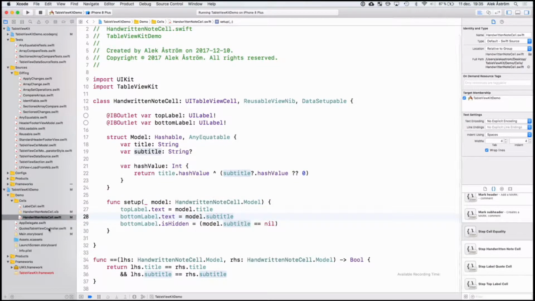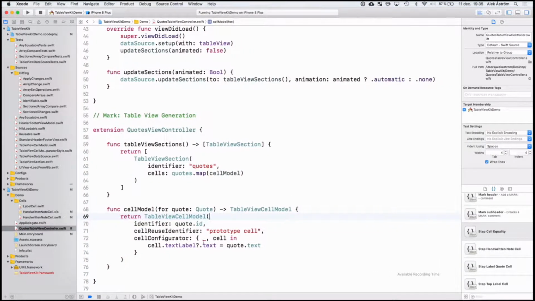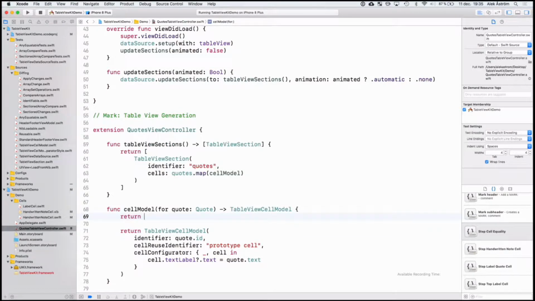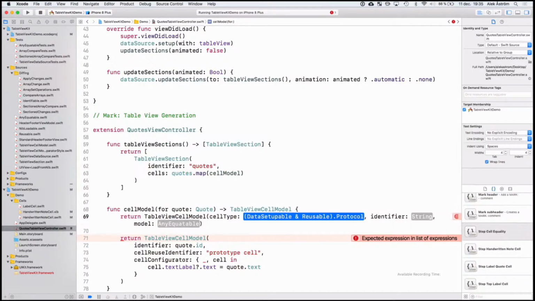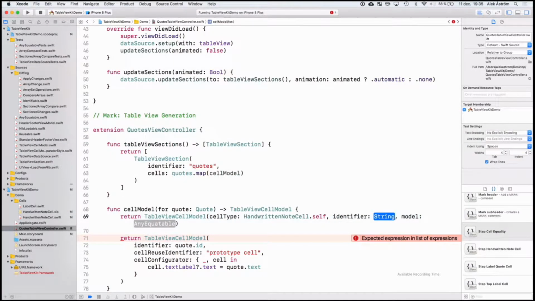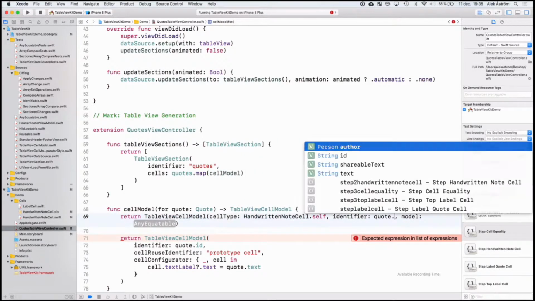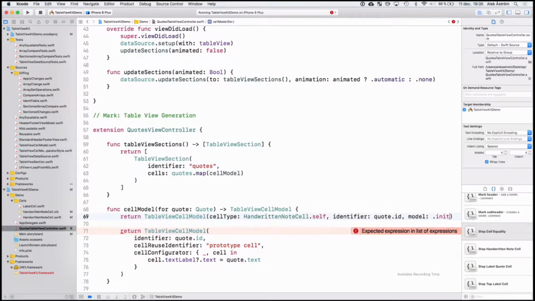All right, so now our cell is ready. Now let's get back to the view controller. Okay, so instead of this, we can now use a type-safe model. So you see here that we have an initializer which takes a cell type, which is data setupable and reusable, and then it takes a model. So we can use our handwritten note cell here. The ID is still the quote.id, and then the model will actually be,